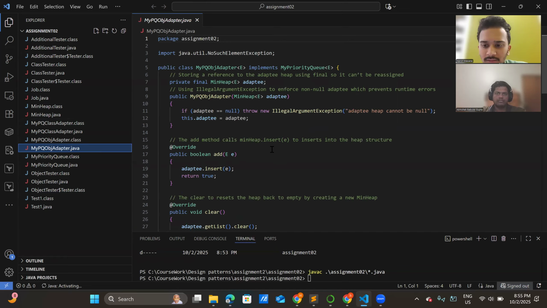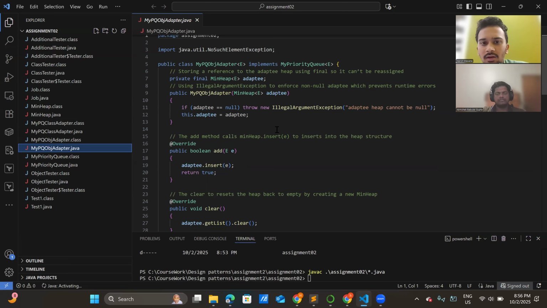Here, each method in my priority queue is connected to an equivalent min heap method. Here, first, we are storing a reference to the adaptive heap using final, so it can't be reassigned. Then I am using an illegal argument exception to enforce